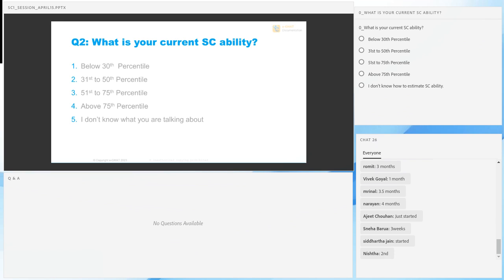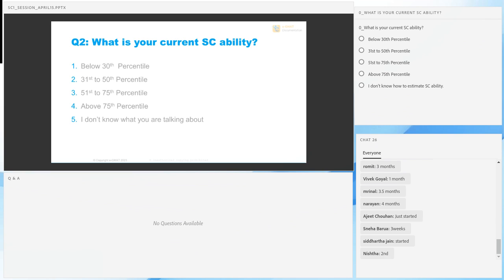Those of you who are confident about your SC ability, well and good. And those of you who are not confident, you can also confirm your SC ability and get a more reliable estimate of that. I'm going to teach you how, because it's very important to know what your starting point is so that you understand how much effort and what kind of effort you need to make. For example, people who are above 75th percentile and whose aim is to get to 90th percentile,